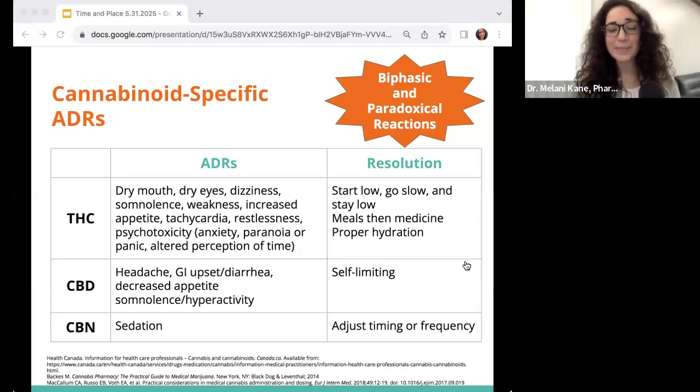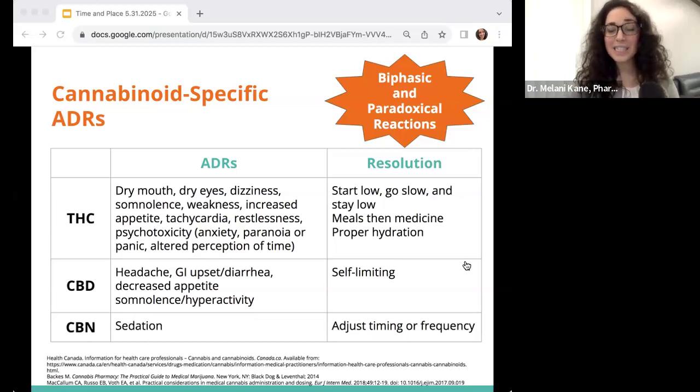They're not life-threatening, but these can be life-altering side effects if you do have that dysphoria or that paranoia or panic type effect. And then the stay low piece, that's just alluding to like we don't have a target range for dosing. By increasing doses unnecessarily, we're just increasing the chance of tolerance, which will increase our ultimate doses and also increase cost. So like to avoid that if we can.